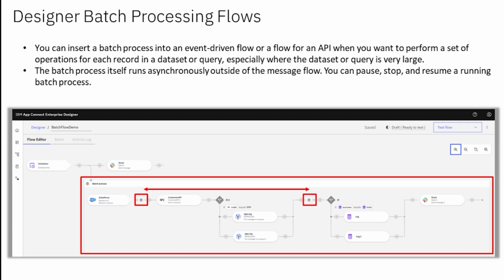As the batch is going along, you can actually pause it, you can stop it, you could resume it. We've got a nice little status page that shows what's happening with the batch. It also gives us the opportunity to work in tandem with some other persistence mechanisms as well that we'll talk about in due course. But if we first of all just introduce the idea of the designer batch processing flow itself,